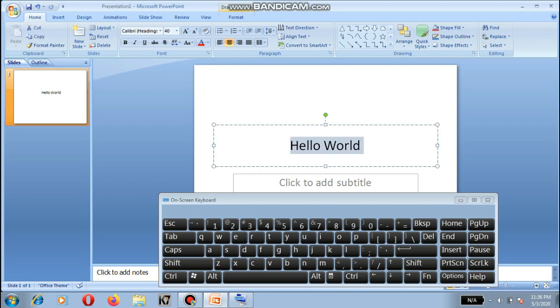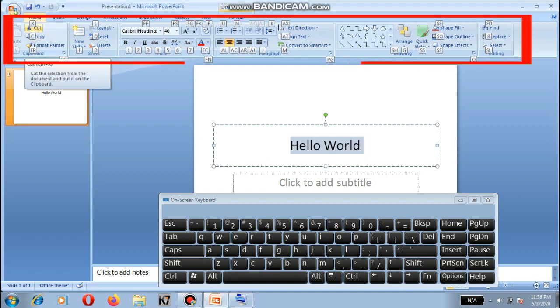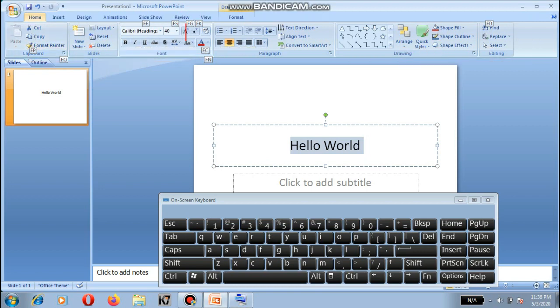And after that we would be pressing Alt key, and after pressing Alt key we would be seeing numerous variables under drawing tools like H, N, G, A, S, etc. After that we would be pressing H key in keyboard, and after pressing H key we would be seeing again numerous variables like X, C, F, P, etc. After that we would be pressing F key and S key, and after pressing F key and S key we would be seeing the font size number has been selected, and after that we would press backspace key and assume any number. Like I am assuming 60.